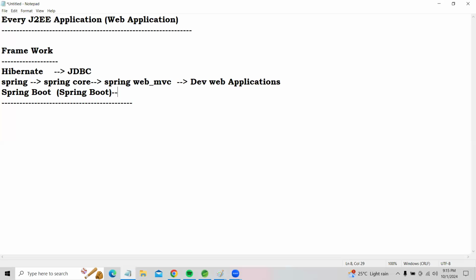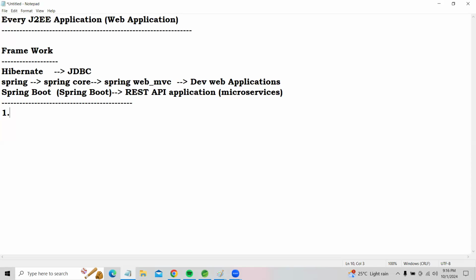The next one, I'm talking about Spring Boot. Spring Boot's main purpose is developing REST API applications. And you guys are waiting for microservices. These things we are going to design with Spring Boot. But to develop a REST API application, what do we require?